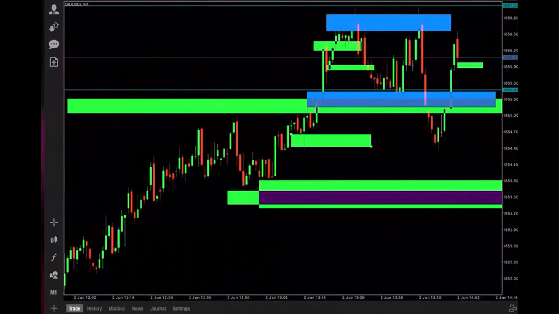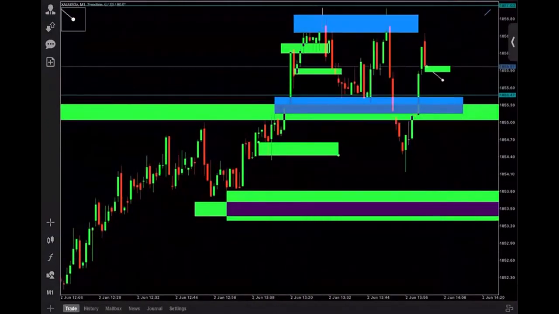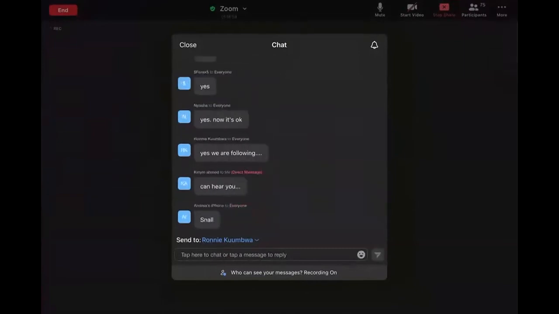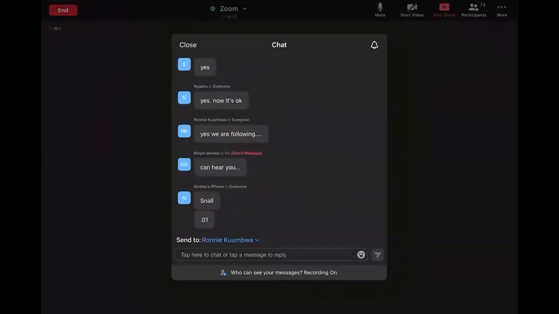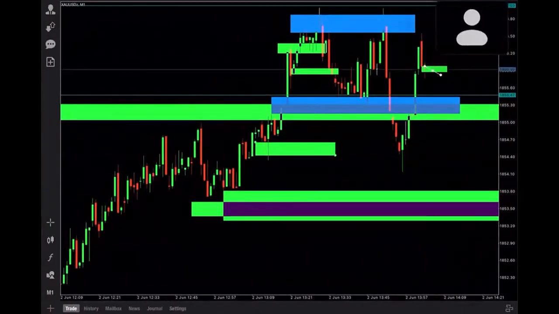Okay. If you're in buy, Andrea, for example, there's 2 SL. For example, you are opening small lot or big lot. How much lot are you opening? Let's calculate for Andrea. Small. Okay. For example, you open 0.01. Okay. Your account size is? Okay, $100. So for example, if you enter 0.01 here,